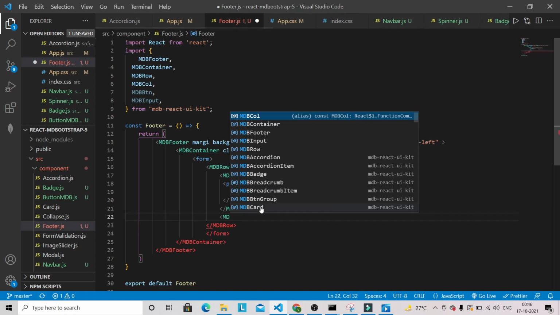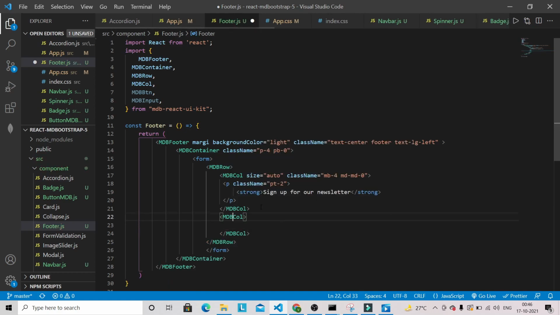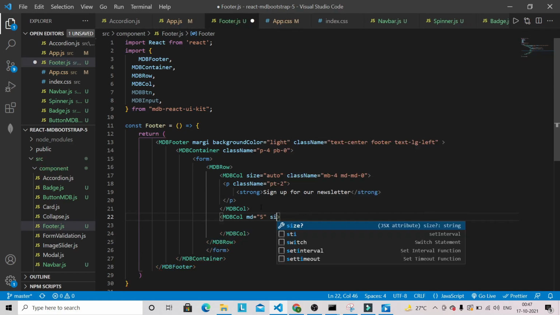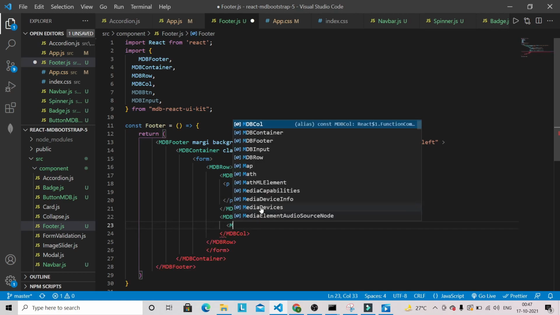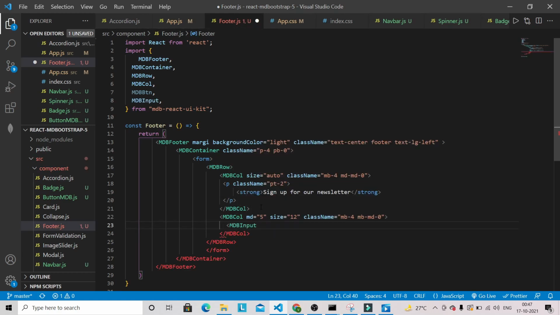So we're gonna have md=5, it will be in double quotes, size 12, class name it will be mb-4 mb-md-0, and we're gonna have MDBInput, and this will be self closing.